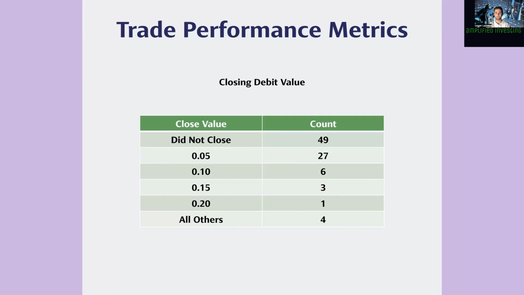So you can see we had 3 trades. We closed with a 15-cent debit, 1 for 20. Anything that was more than 20 cents I just lumped into all others. 2 of those were the losses, right? Because they were higher. And then 2 of those were ones that we closed for a very small profit, because